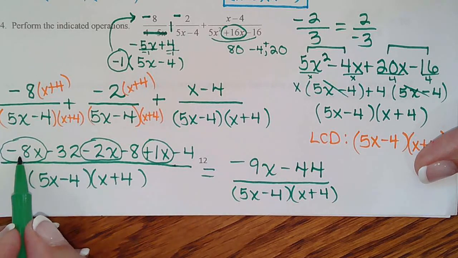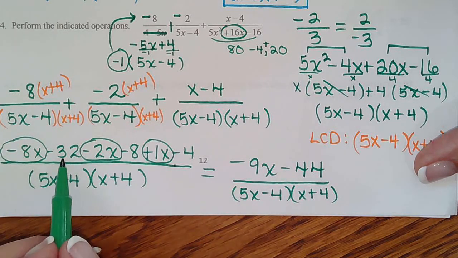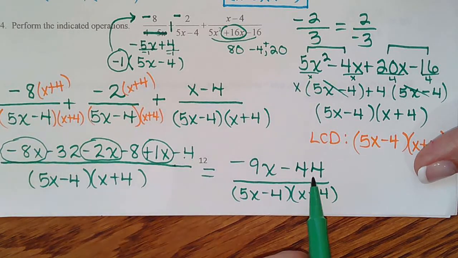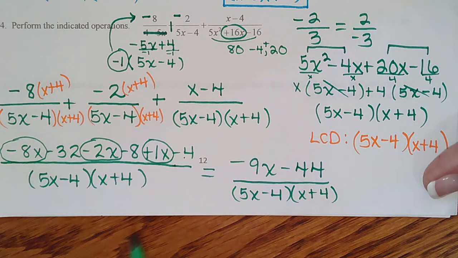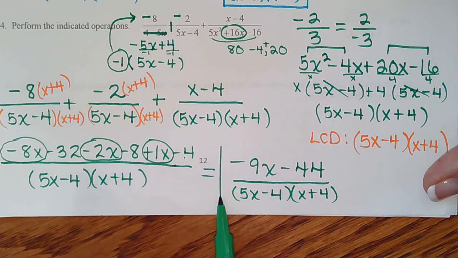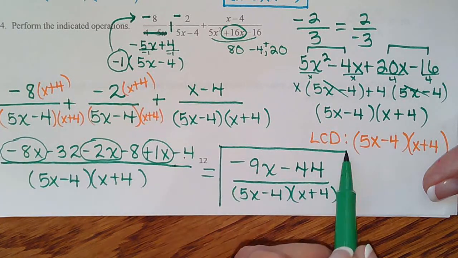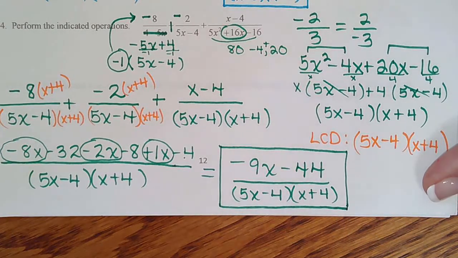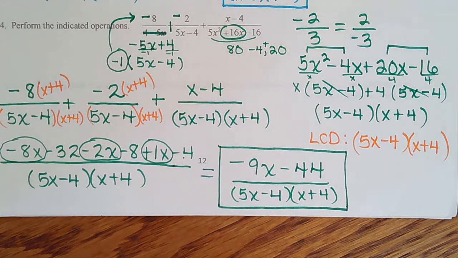Negative 1x and negative 8x is negative 9x. Negative 32 and negative 8 is negative 40. And negative 4 more, negative 44. Yep, nothing common. 9 only has 3's in it. And 44 is not divisible by 3. So that's our answer. Boring, but kind of fun. Okay, that's